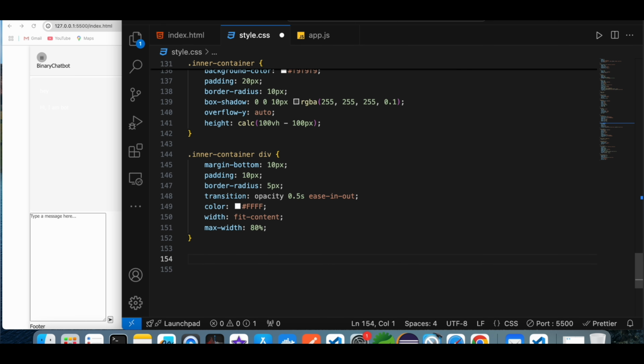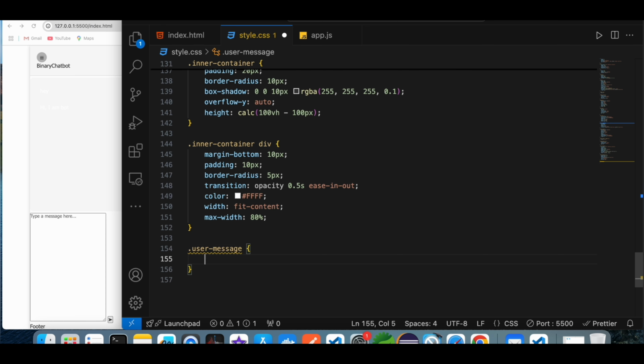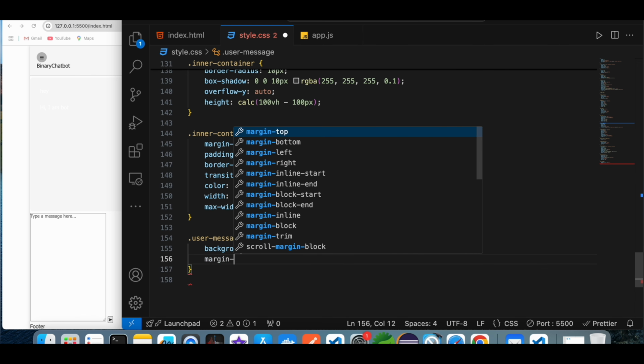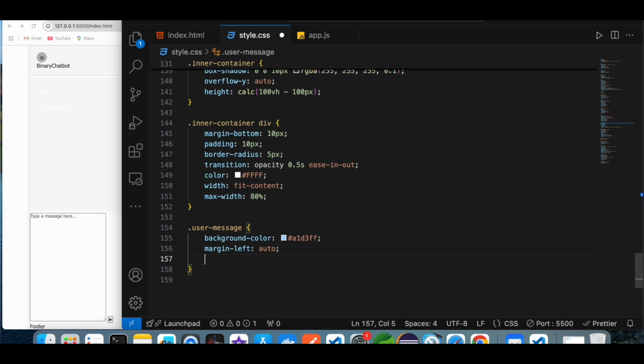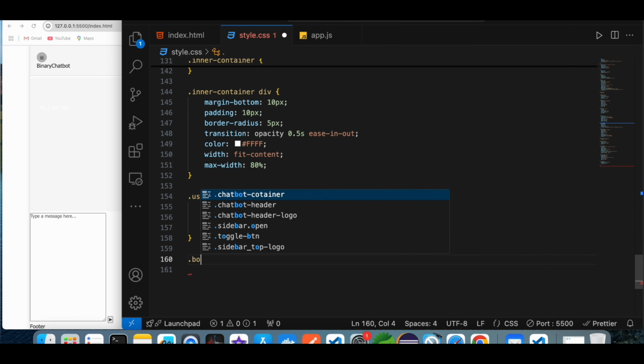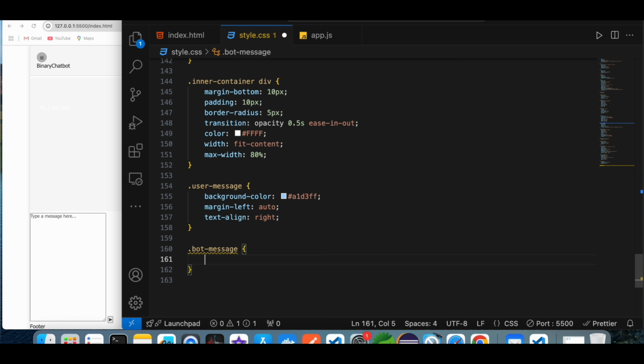Next, style your div of user message. So background color of that div is blue, something blue, and margin left is auto. Text align right. This text align here I use right, so this div is aligned to the right side of your screen. For the bot message I use a different color, background color is like a grayish one,